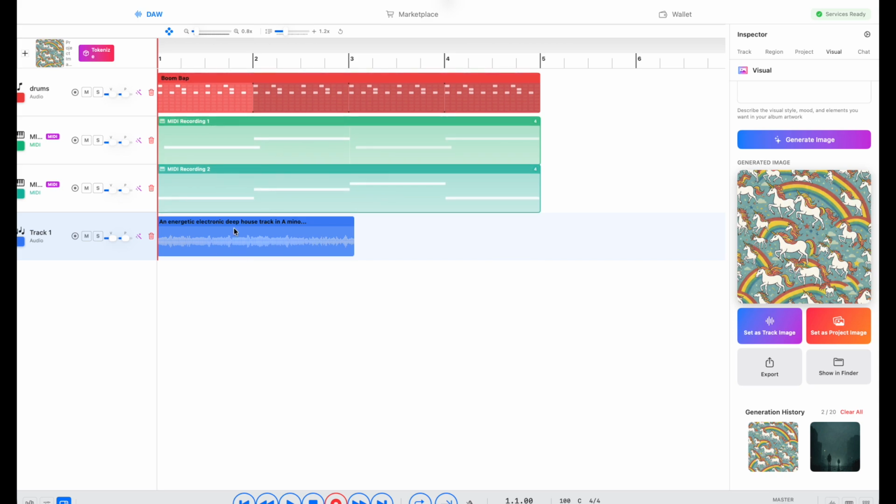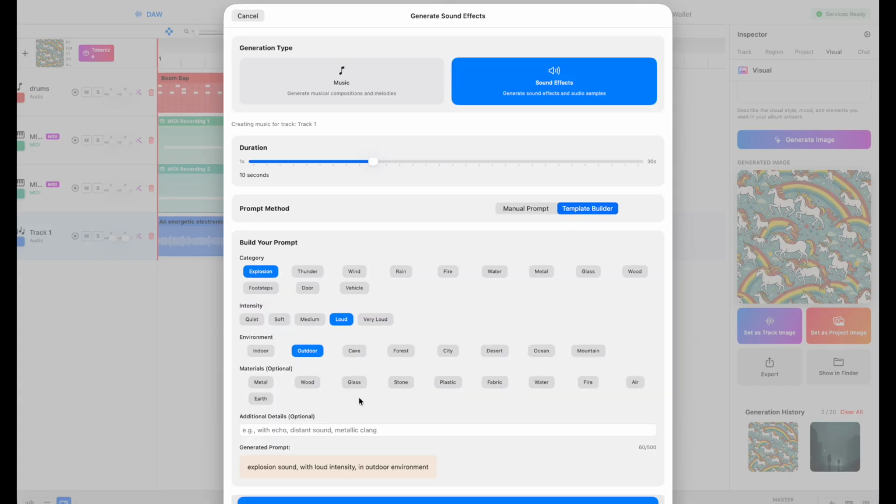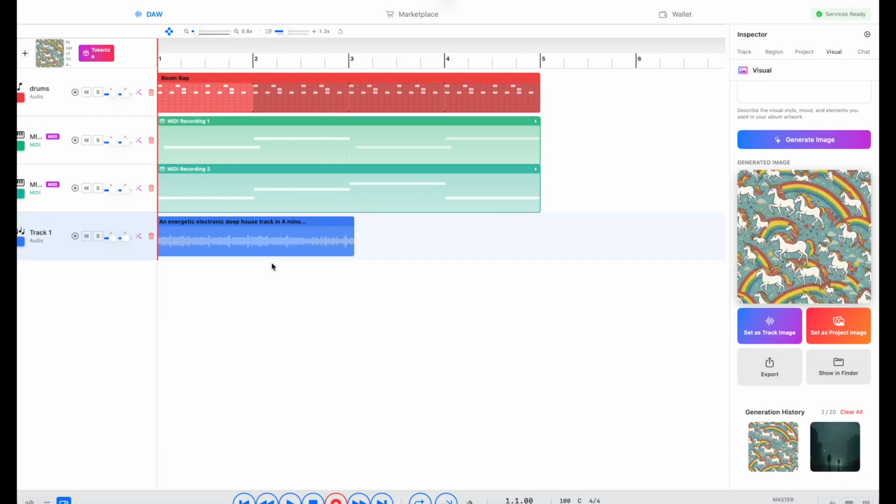I won't waste your time, but in the very exact same UX, go over here and you can see our template builder has explosion, thunder, wind, rain, and it can do anything. Just as expressive as it is with music, it's that expressive with audio. And I suspect, just like there are audiophiles who are going to have a blast playing around with the synthesizer,